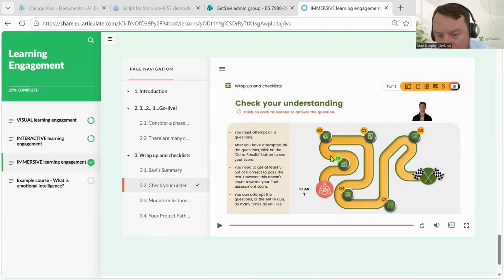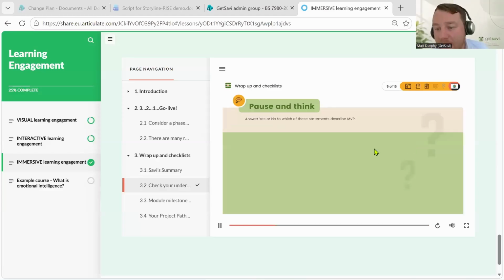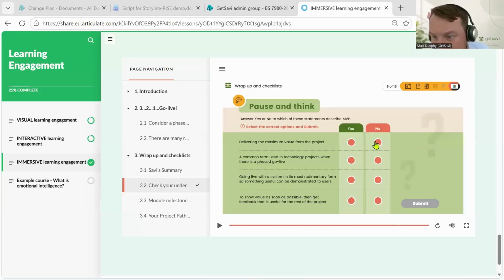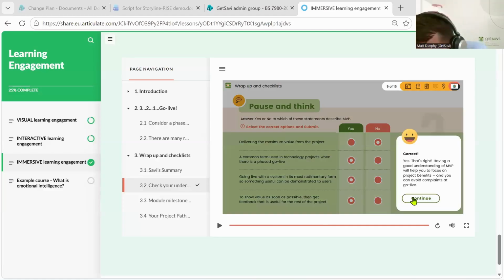And I'll do one more, which I think is multiple choice coming up. So I'm moving through each of these stages. This is not rocket science, but it's highly visually appealing. And for me, the immersive element is taking someone along this racetrack or along this kind of journey. Again, let's see. Correct, all the way through. Fantastic. So that's a bit from our course, and we would probably say we created something that was immersive in